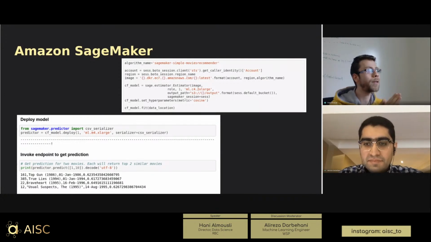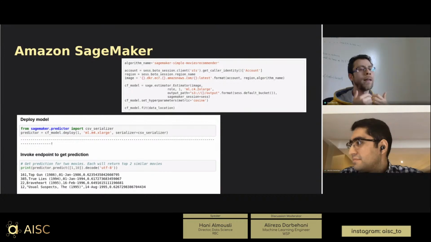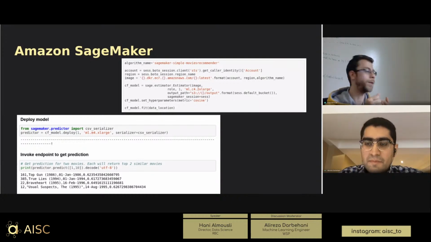But when I read their documentation, the good thing about it, and that's what we're trying to do even within RBC, and I'm pretty sure all organizations are trying to figure out a pattern for the problem, whether it's a recommendation or a natural language problem, is that they give you a pattern where you don't have to worry about all the infrastructure or anything inside the model.